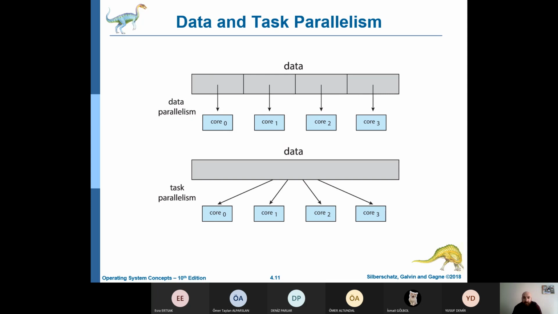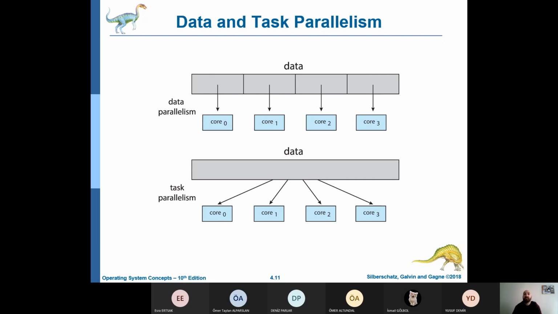Fundamentally, data parallelism involves the distribution of data across multiple cores, and task parallelism involves the distribution of tasks across multiple cores, as you can see from this figure. However, data and task parallelism are not mutually exclusive, and an application may, in fact, use a hybrid of these two strategies.